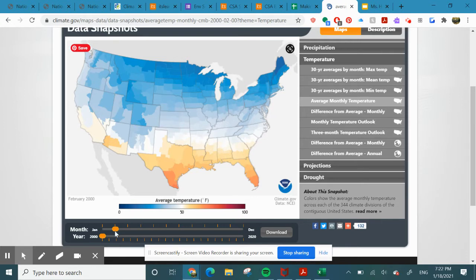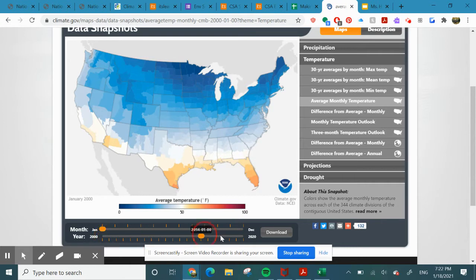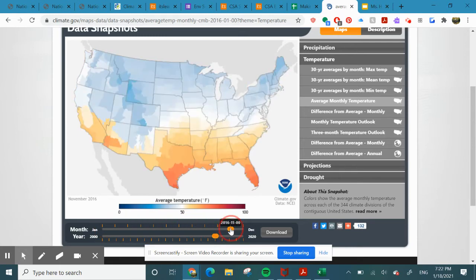So let's say that the top one looks at month and the bottom looks at year. So this is 2016, which is like right here, right? 2016, November of 2016. I take this. So the bottom one is year from 2000 to 2020. The top one is January to December. So I brought this over to 2016. It tells you. And this over to November. So now I know that I'm looking at November